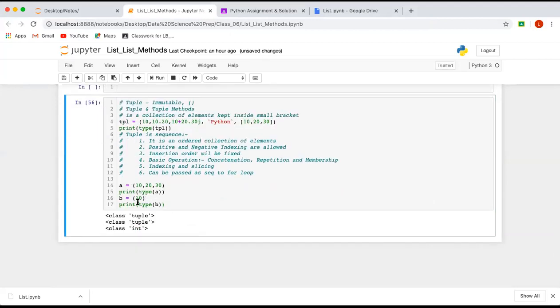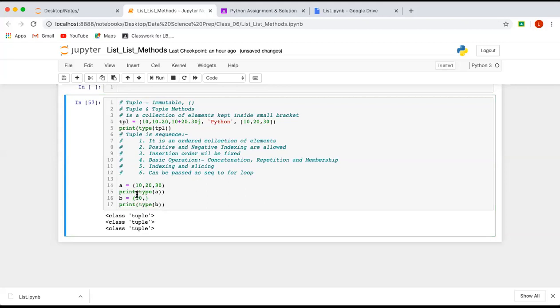So if you keep any value inside the brackets, remember, it is only in the case of single elements. If you have only a single element and you want to define it as a tuple, then after keeping it in small brackets, you need to put a comma also after this. Then only it will become a tuple. Otherwise, it will become the corresponding data type. If you have passed the integer value, it will become integer.